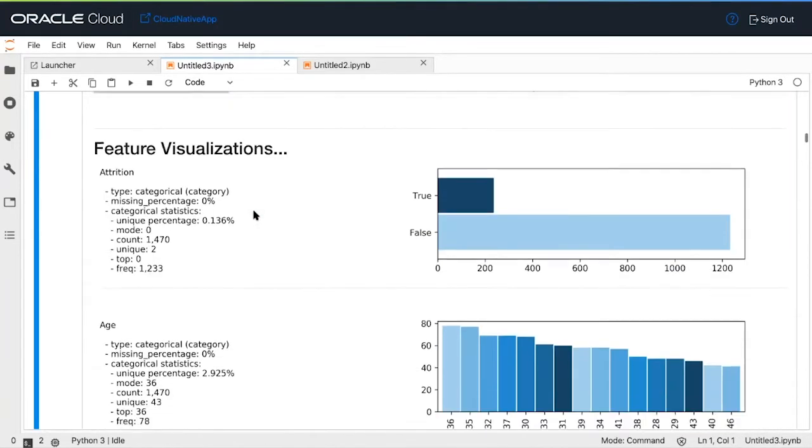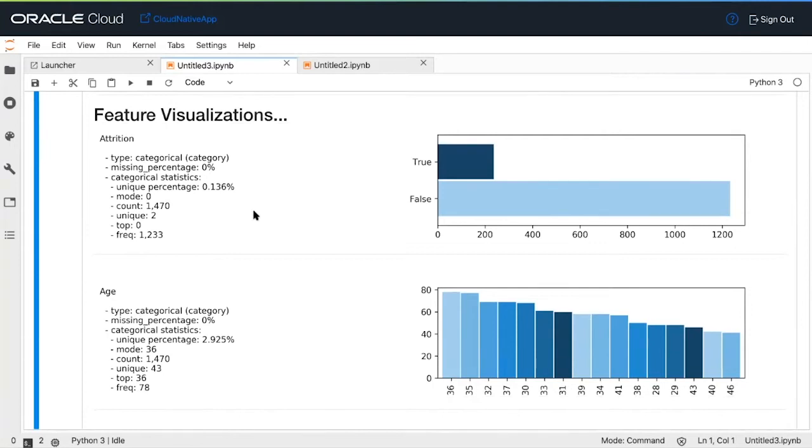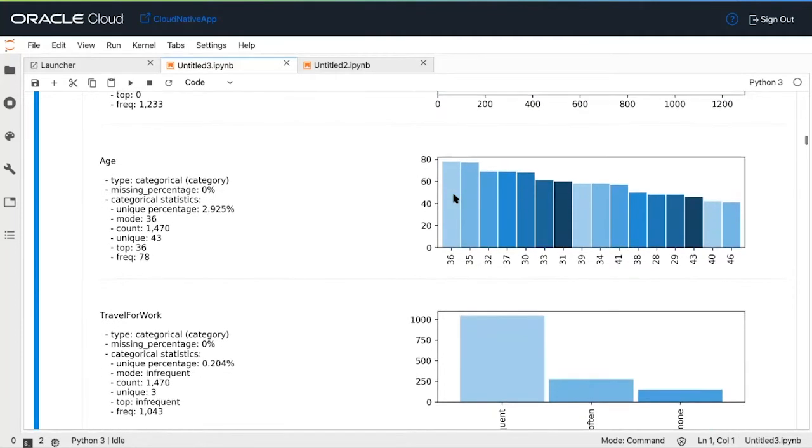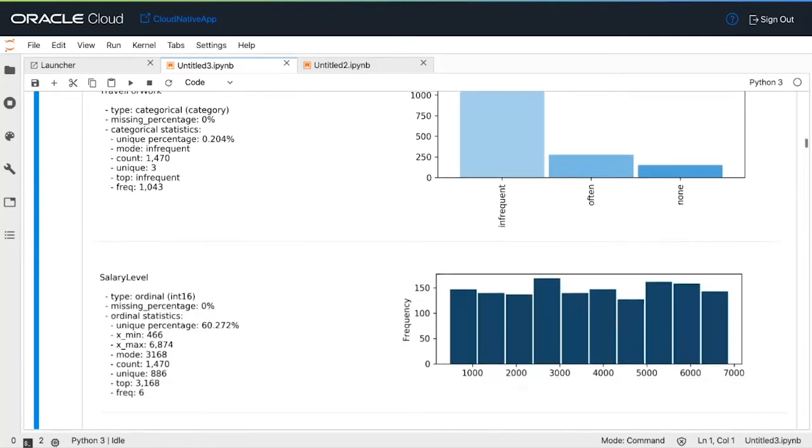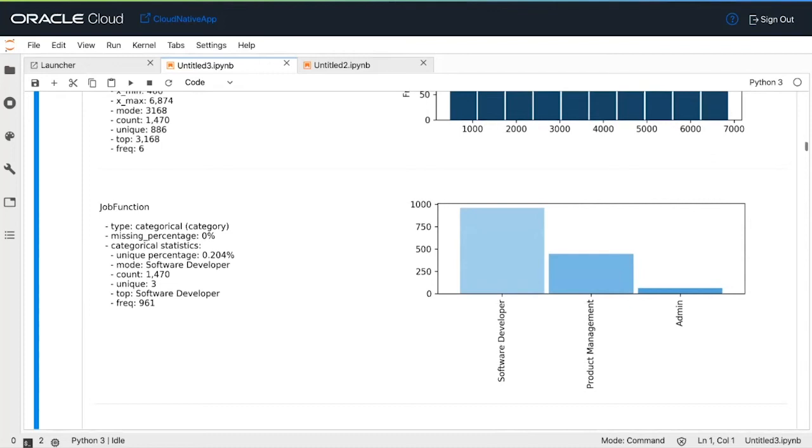For each feature, it also uses intelligence to figure out how we should graph it. So here it's showing that we have our attrition feature, we have a true and a false, and it's showing us the proportions that we have between them. It has age data here, and it lists out the age data, which shows that, hey, we have a very narrow age range and it's slightly sloping down. And then there's other things you can look at, like,